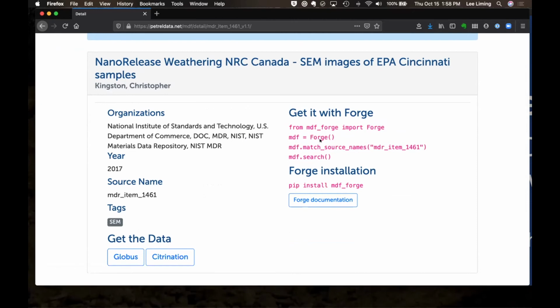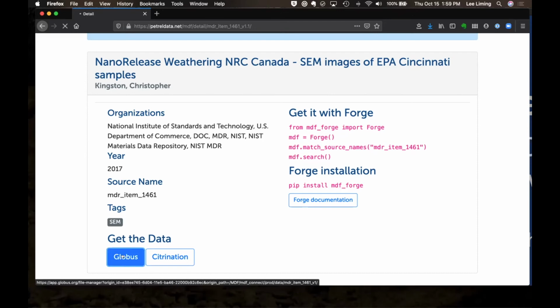Here are instructions for getting access to it using Python. If you're doing things in notebooks, a lot of the researchers here do things in Jupyter notebooks. Or if you want to use the Forge client, you can do that. This is a Python CLI tool that's been provided by the Materials Data Facility. But what I'm interested in is, what if I just want to download the data? I would hit this Globus button